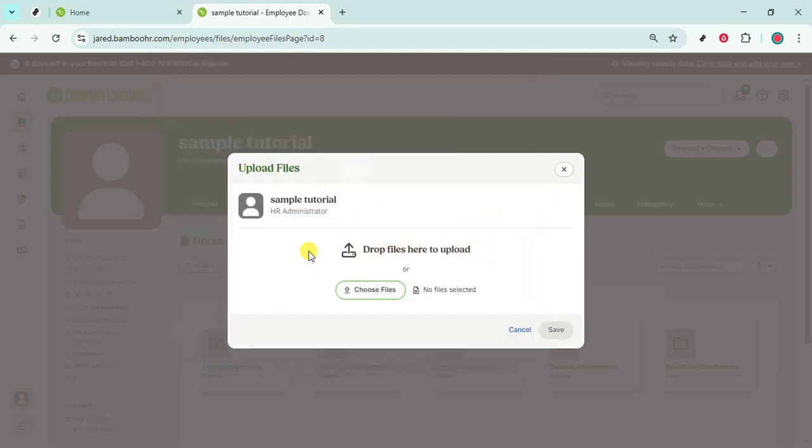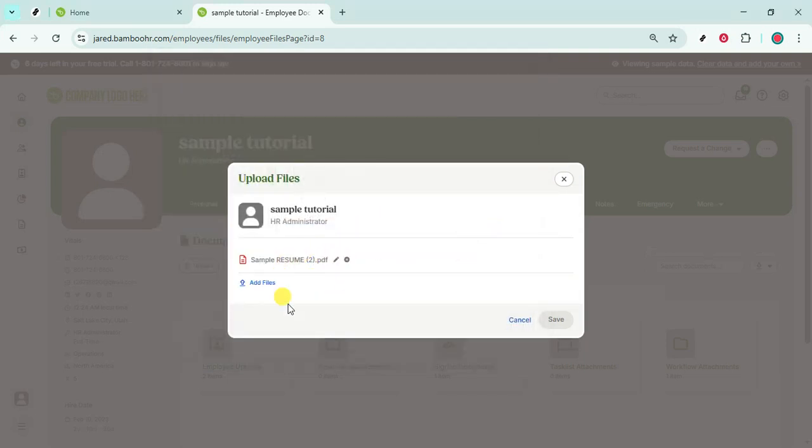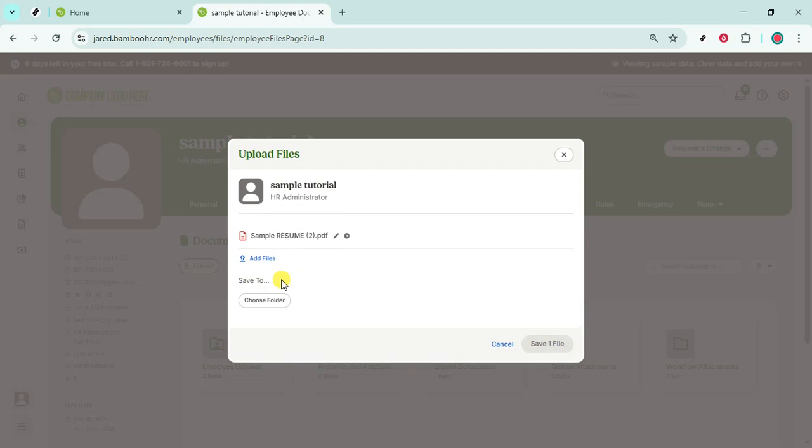Something like certification name YYYYMMDD can make it easier for HR and for you to recognize later. BambooHR typically supports common formats like PDF, images, and standard document types, but if your file doesn't appear or won't attach, try converting it to PDF for the most reliable results. Also, make sure the file isn't open in another program and that it's under any size limits your organization may